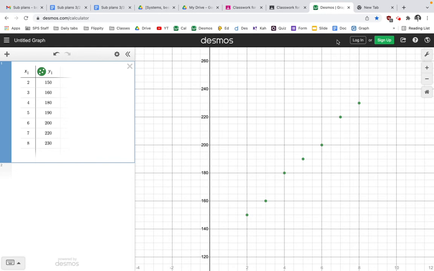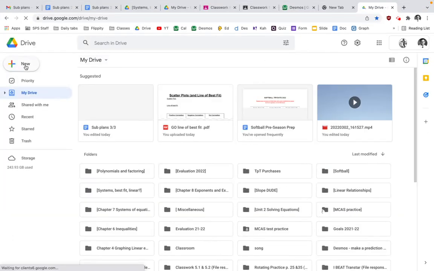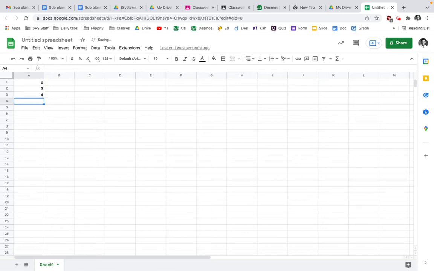It's even easier if I did it on a sheet. I'm just going to show you quick, just so you have it. So here, Google Sheets. Check this out. Just so you see it for Friday, you can just take the data and copy and paste it. So 2, 3, 4, 5, 6, 7, 8. Then put the other numbers here really quick: 150,